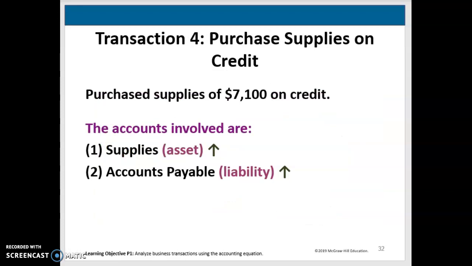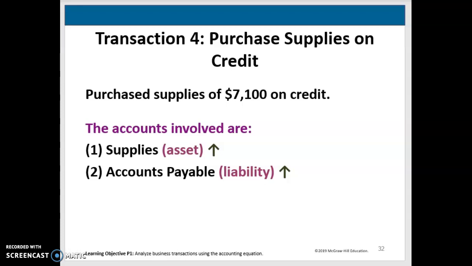All right, let's look at transaction 4. This one says we purchased supplies of $7,100, but it's on credit this time. So we're not paying out cash. We're agreeing to pay off the account sometime in the future. So here we're getting supplies again, so our asset of supplies is going to be increasing. But we're creating a liability because we're not paying out cash. We're saying we're going to pay it on credit, which means we're going to pay it sometime in the future. So we're creating that payable that we're going to pay based on terms that we agree to. So we're going to set up a liability for